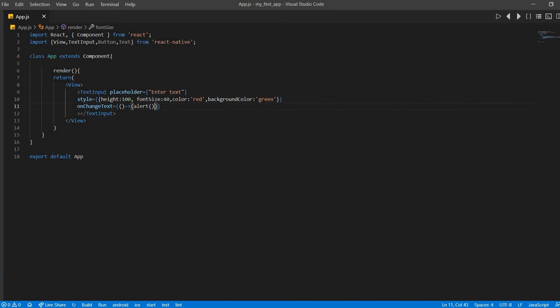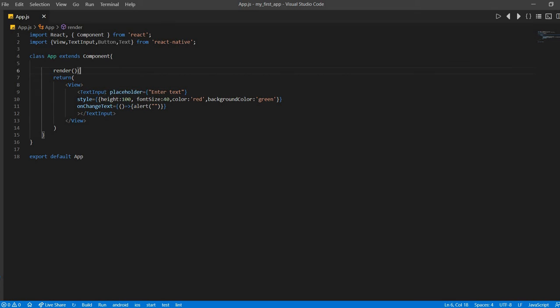One more thing, this is the alert, but how will we show the alert, meaning what value will we show? We will enter some value in the input text, and we will show that value in the alert.